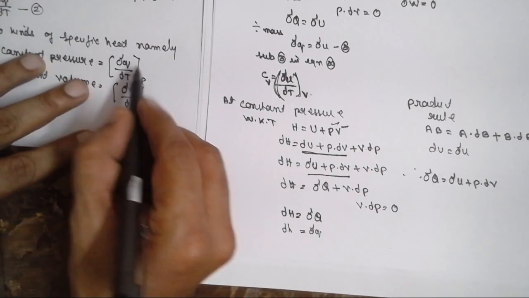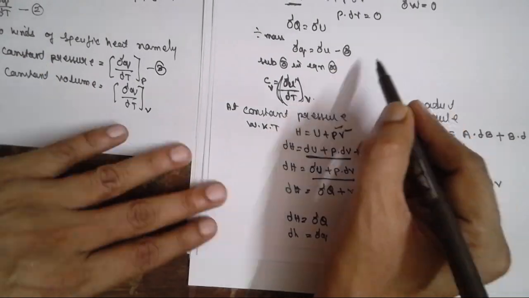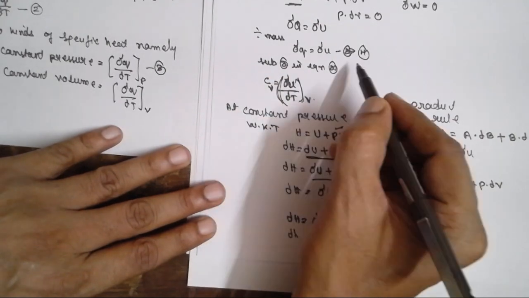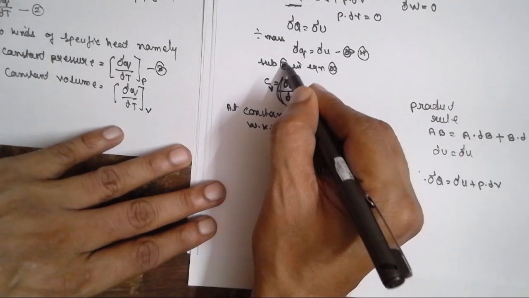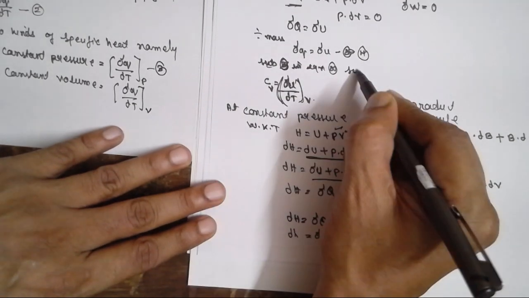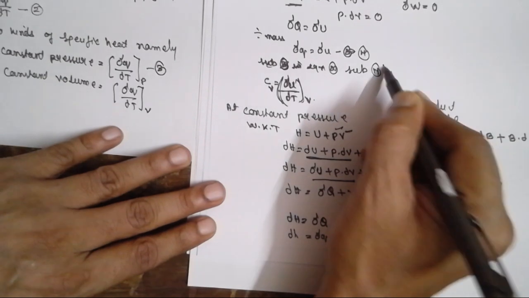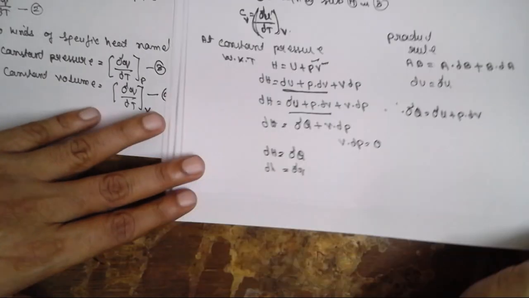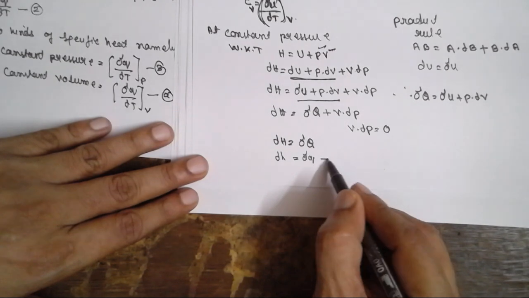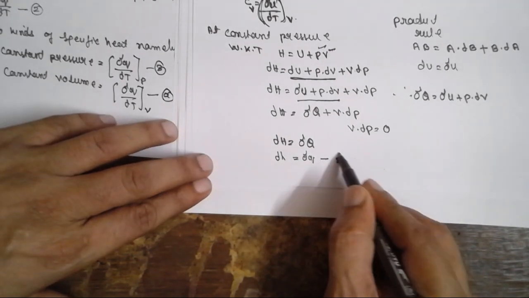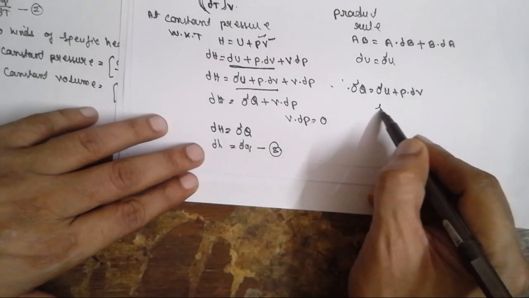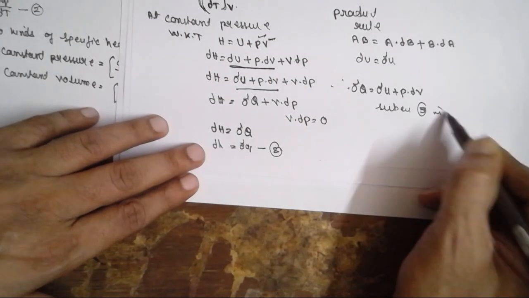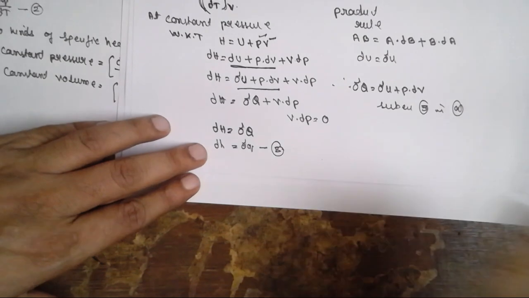Let us consider this as 2, 3, 4. Substitute equation 4 in 3. Let us consider this as A. Substitute the fifth equation in A. Substituting fifth equation 5 in A. Then it becomes